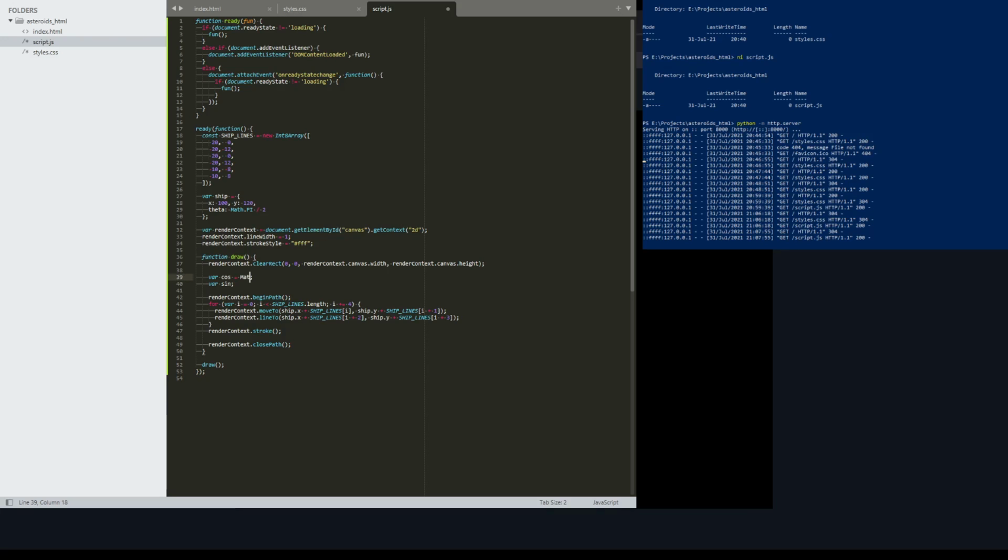That's really easy because it's just a method that is provided to us by the math object. So we're going to call math cosine on ship theta, and we're going to call math sine on ship theta. I had to look this up because I didn't remember exactly how to do rotational transforms. Suffice it to say,